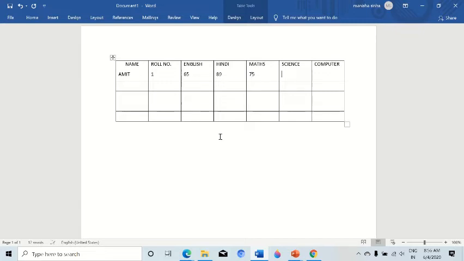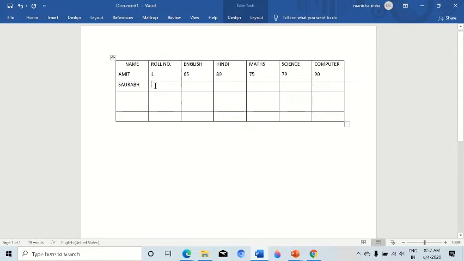and type its roll number in the column roll number, marks of English in the column of English, marks of Hindi in the column of Hindi, marks of maths in the column of maths, and science and computer. So I am creating a kind of result of every student. I will enter the 5 student names randomly and I am giving them marks accordingly. It's random, it's not their original marks. So you can also do it at your home like I have done.